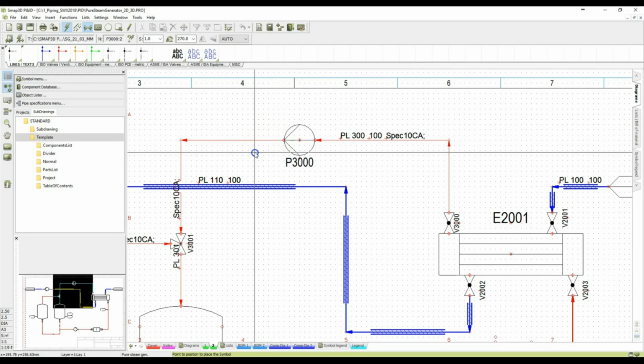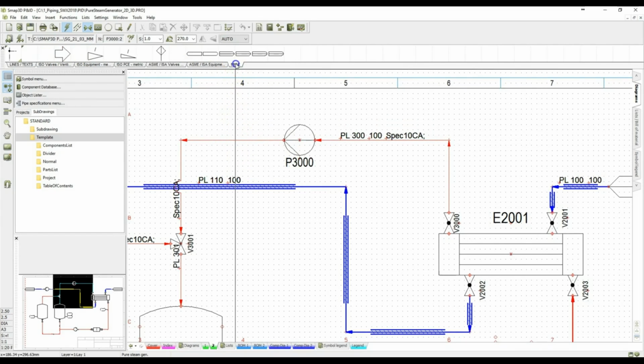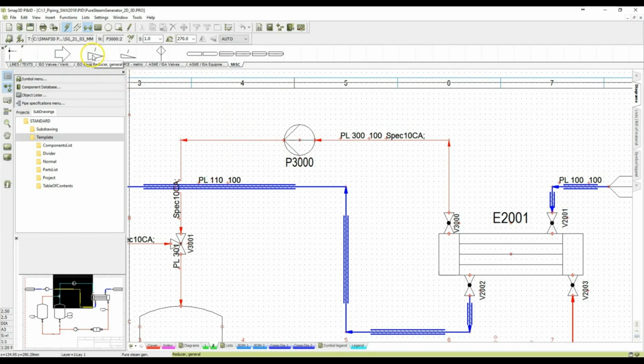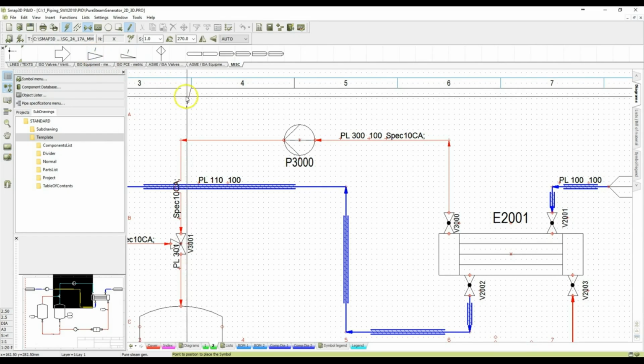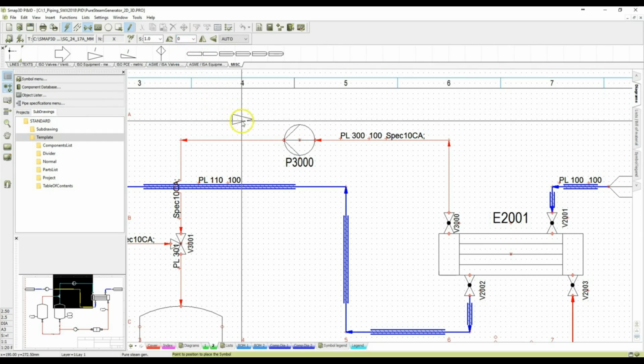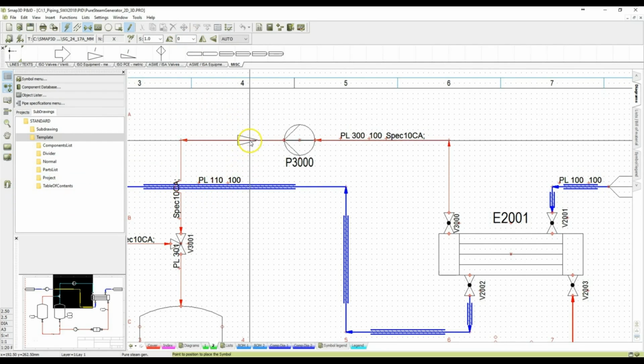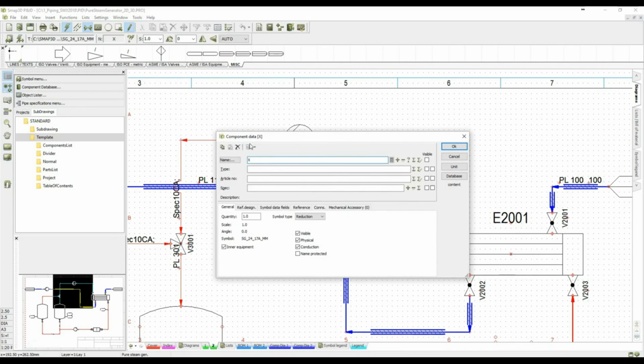So to do that, we will need to place a concentric reduction symbol onto the pipeline. So we use the symbol from our quick pick menu under miscellaneous. So we are going to place this symbol on the left side of the pump. When it is placed, the component data needs to be specified. We are going to use the tag number x2. The symbol type should be set to reduction. Click OK. The symbol should show